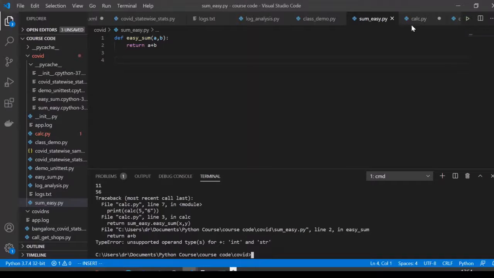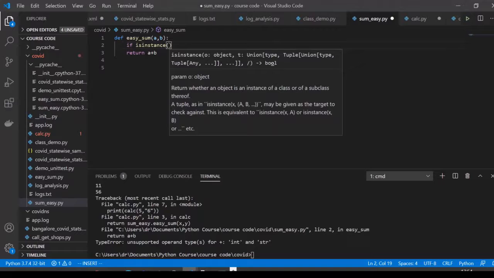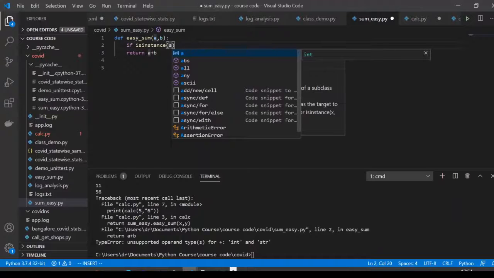So now we have just tested three cases. Let us try to now handle those test cases. Let me start writing the code for that. So if isinstance is an inbuilt function which will compare the types of two objects. Type of a, if isinstance of a is integer